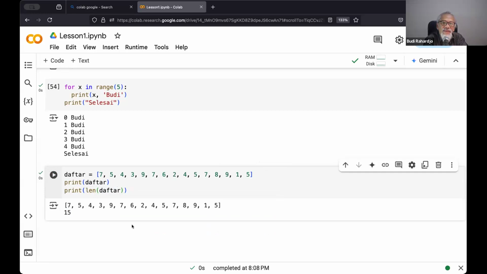Okay. Now, if you look at this, there are 15 entries in this daftar. The list contains 15 entries. Now, I can address this one by one by addressing